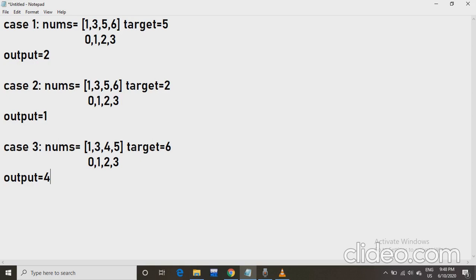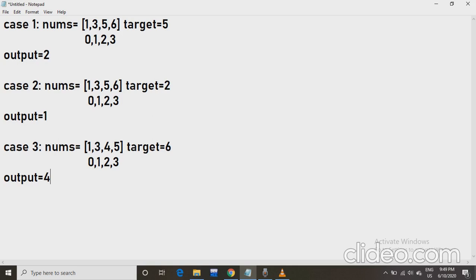So here we'll simply check whether the target value is equal to the elements of the given nums array, or the target value is less than the current element of the given array. So let's start. Here is index position 0, the element is 1. We will check whether 1 is equal to 5 or not. So 5 is not equal to 1 and 5 is not less than 1, so we go to the next element. 5 is also not equal to 3 and not less than 3. Now go to the next element. Here comes 5, equal to the target element 5. So we simply return the index position 2.